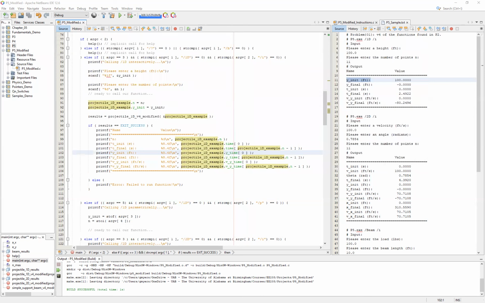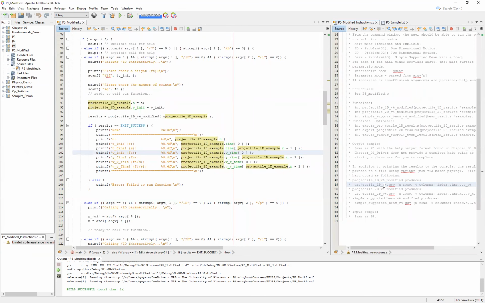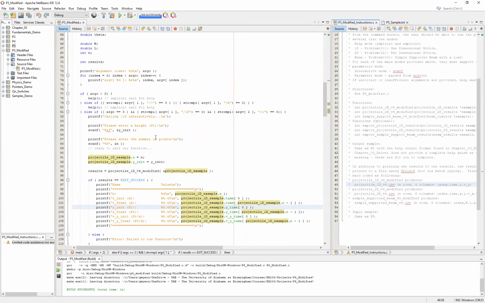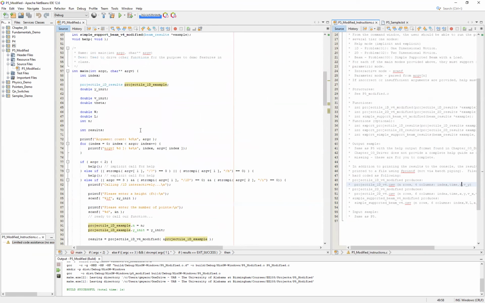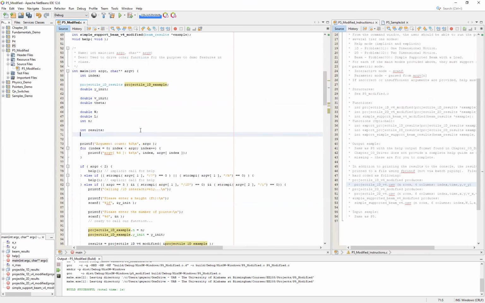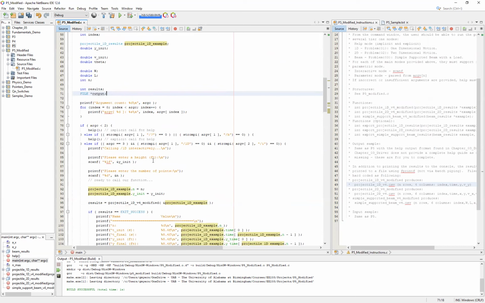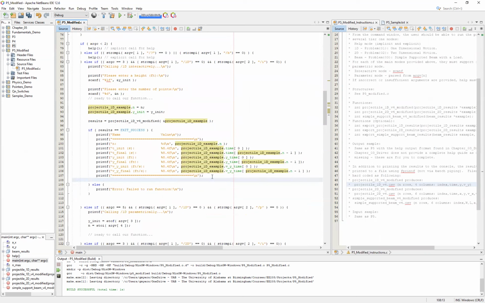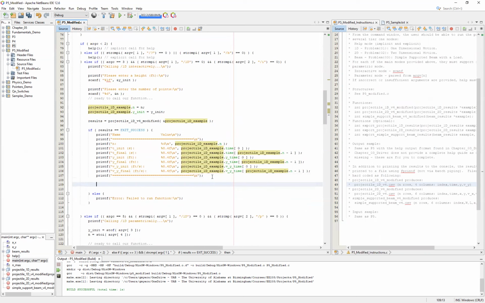So at this point, then the only thing that we have left to do is to go through and write our results to a CSV file. And so in order to do that, the first thing that we want to go ahead and do is declare a pointer to an output file. We should have all of the variables that we need to accomplish this. And so what we'll do here is we will go ahead and use that variable for the output file pointer,